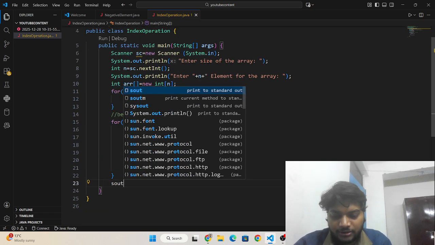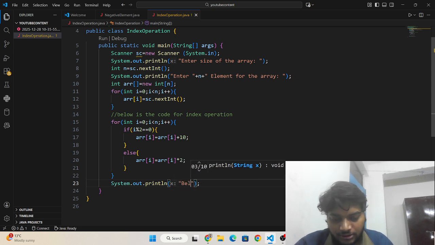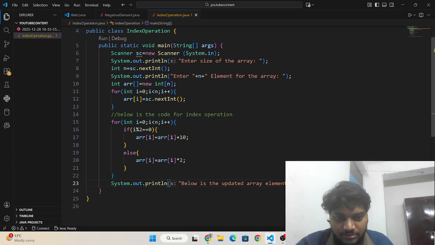So I need to write a statement: below is the updated array element according to problem statement.